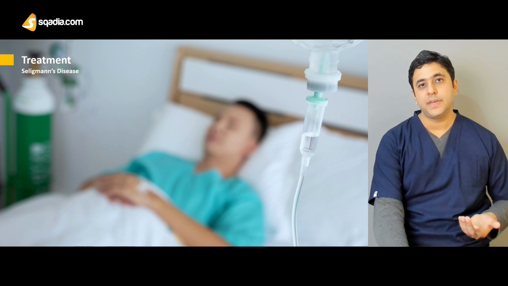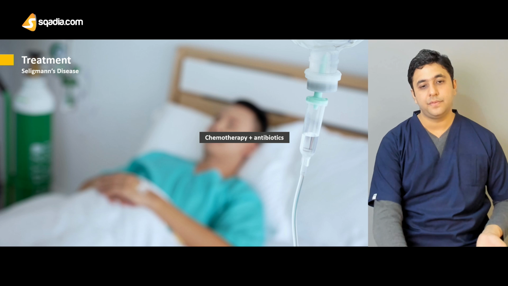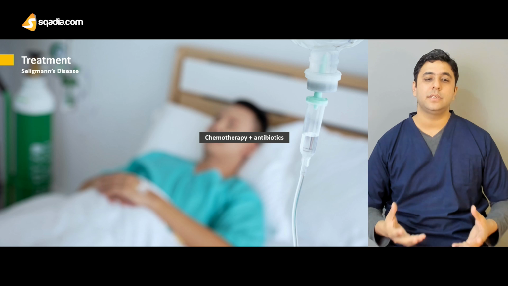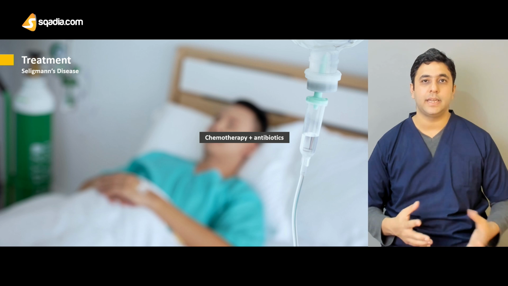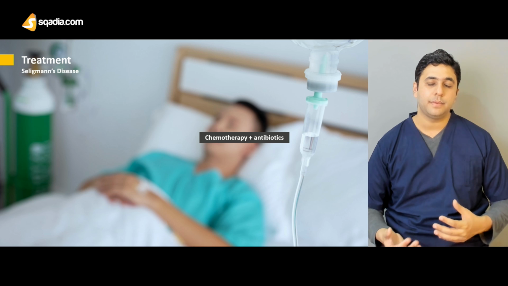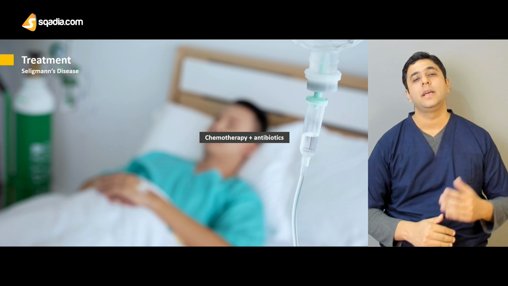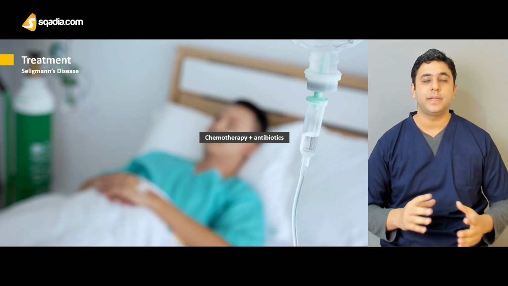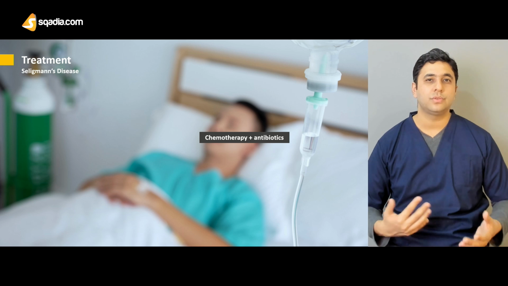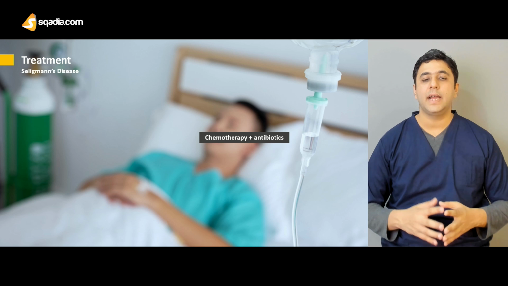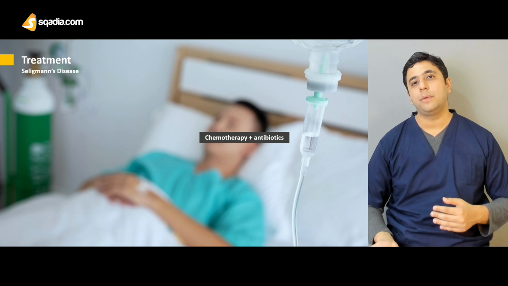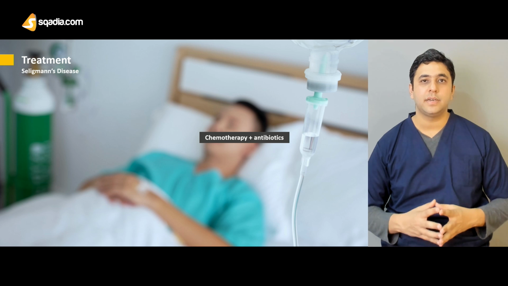What are the treatment options we have? Just like the other types of plasma cell dyscrasias, the major treatment option which we have is chemotherapy. Chemotherapy with novel agents, newer immunological agents like fludarabine or cytarabine or bomacetine. These are the drugs which we use in various combinations, looking at what suits a certain type of patient. Along with that, for the infections, we can give the patient certain novel antibiotics. For the malabsorption, we can do the symptomatic treatment, the diarrhea treatment.